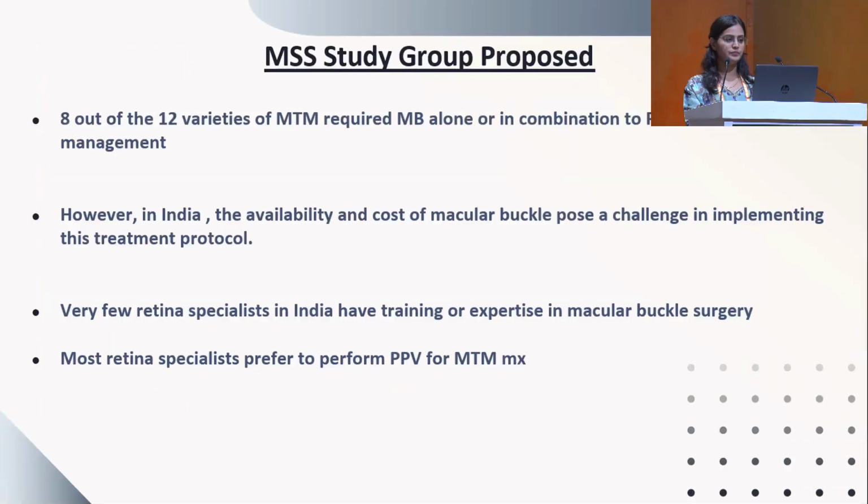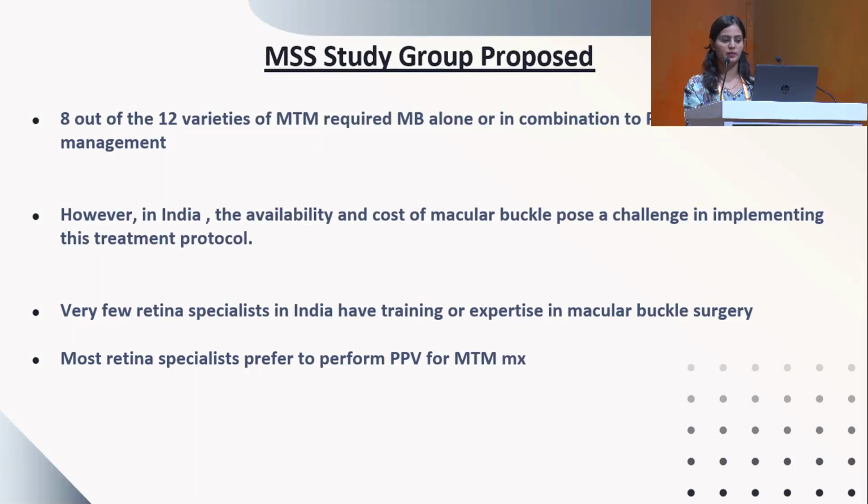stages. The MSS study group proposed that 8 out of the 12 varieties of the MTM required macular buckle alone or in combination with the vitrectomy for the MTM management. However, in India, the availability and cost of macular buckle pose a significant challenge in implementing this treatment protocol. Very few retina specialists in India have the training and expertise in macular buckle surgery, and most specialists prefer to